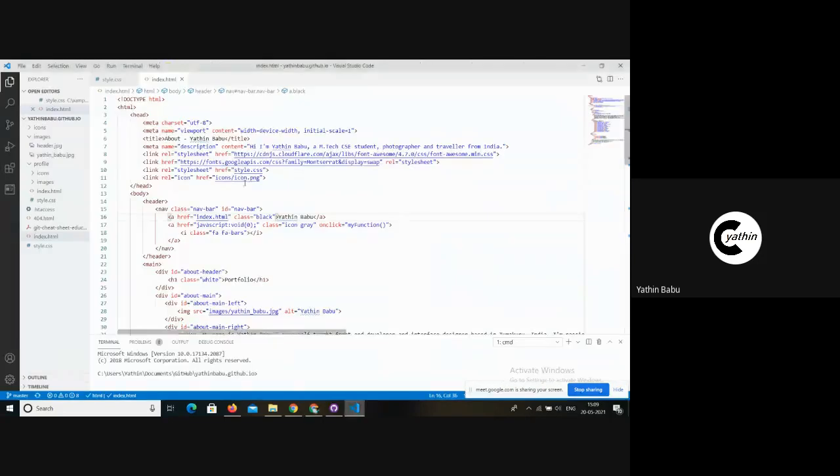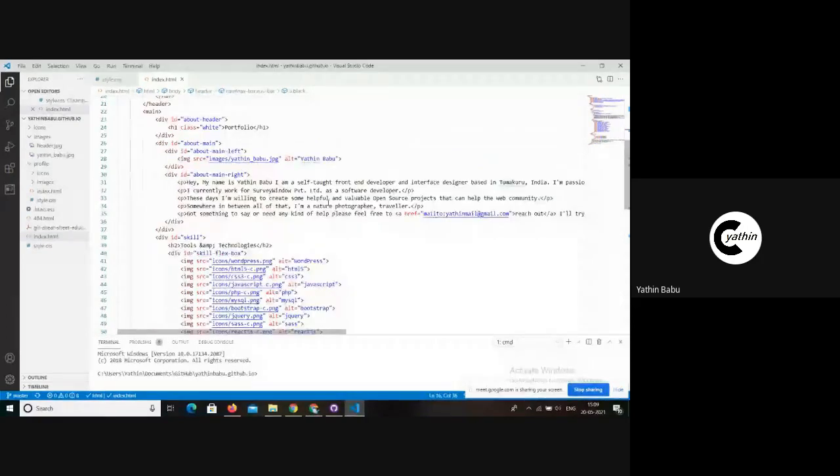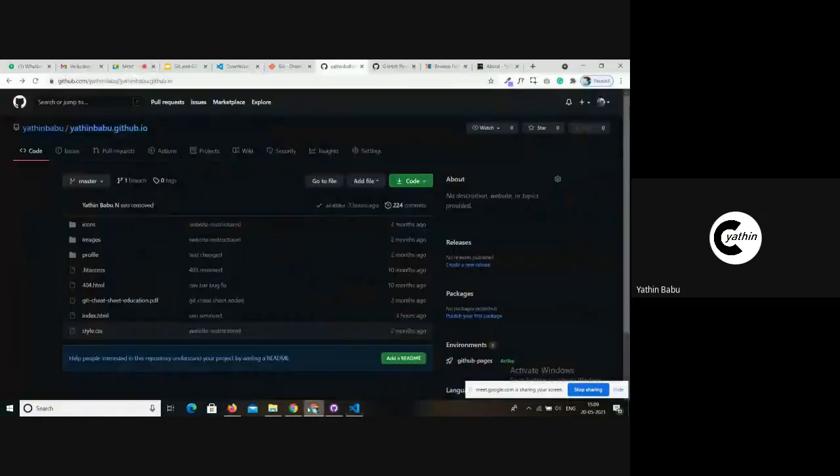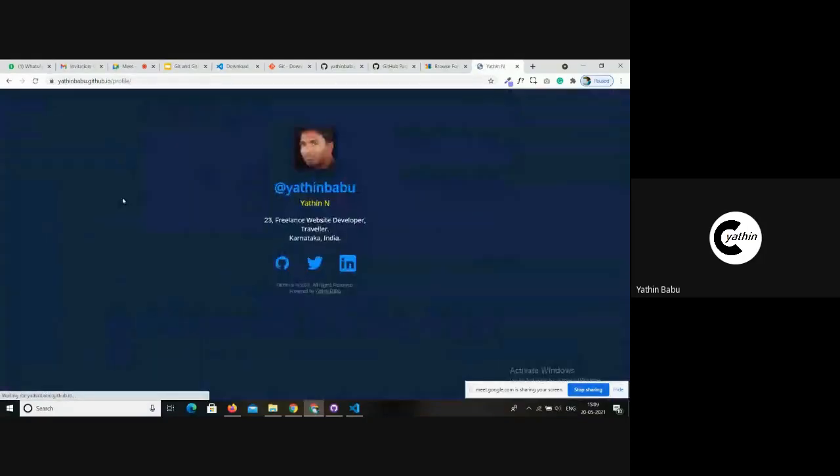Now I will make some little changes and push them to the remote repository so that you can check how to make changes. Another thing within this website is that you can change this image to your image, customize the content here, and change the social media links to your own.